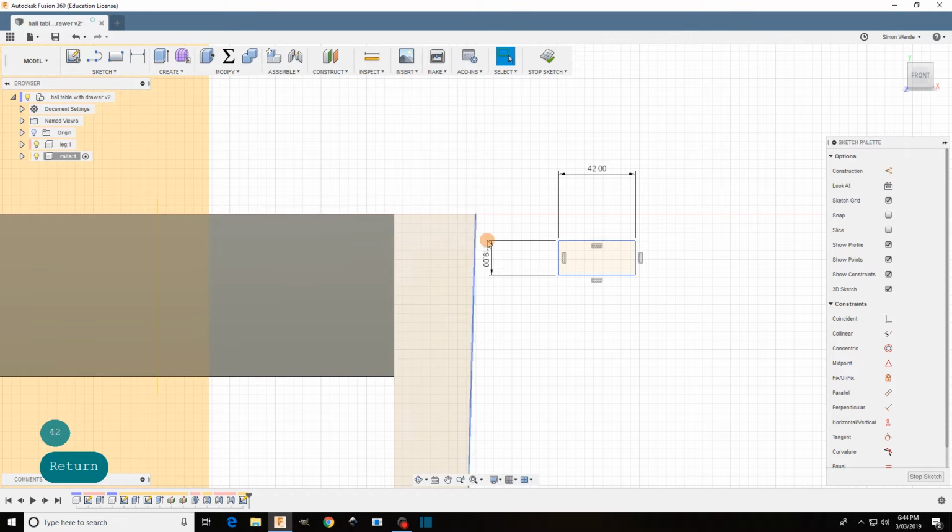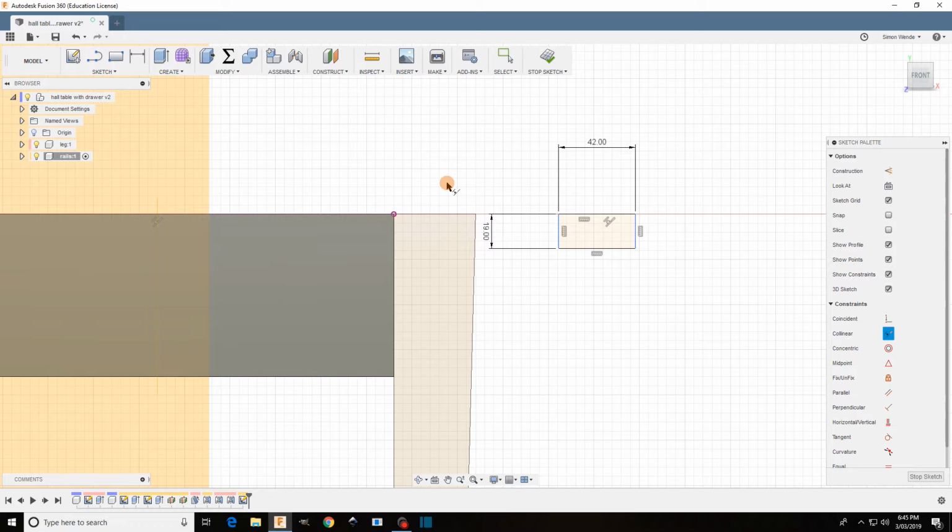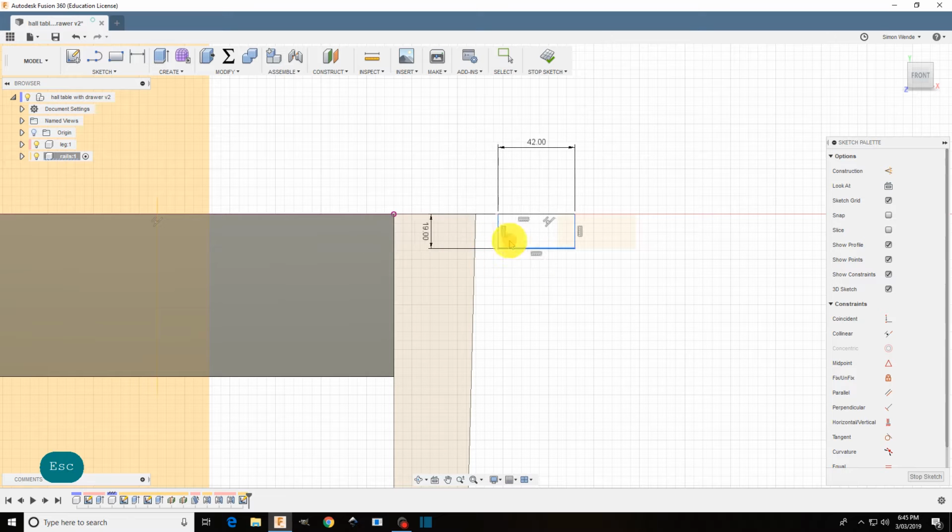That's what I want. Now I want this bit of pine to be sitting level with the top of my rail. A way that I do that is I select the collinear constraint. Collinear is when two lines are on top of each other. So I'm going to select that line, and I want it to be collinear with this line. Click escape. Now when I click on this and move it, I can move it backwards and forwards because it's collinear with the top line, but I can't move it up and down because then it wouldn't be collinear. So I'm going to bring it around about there,